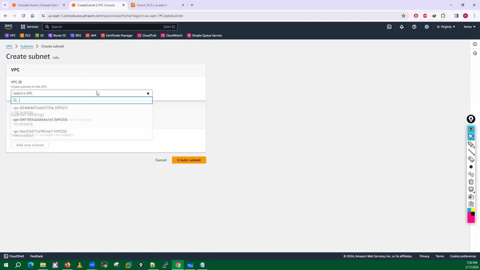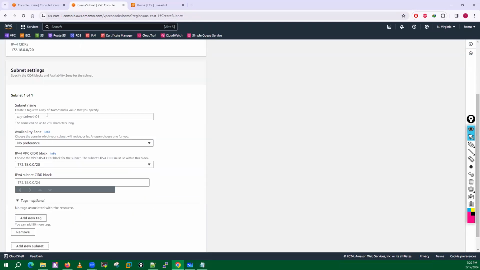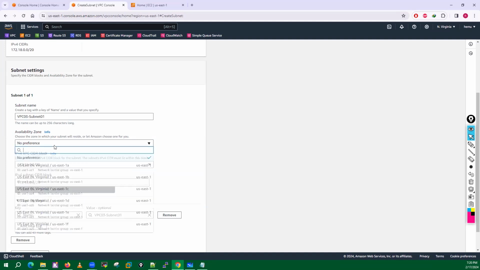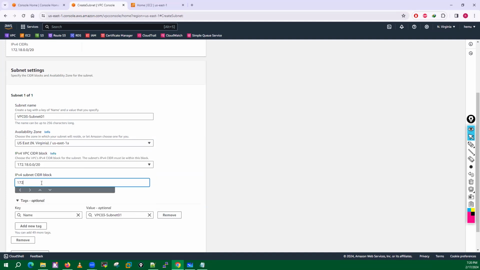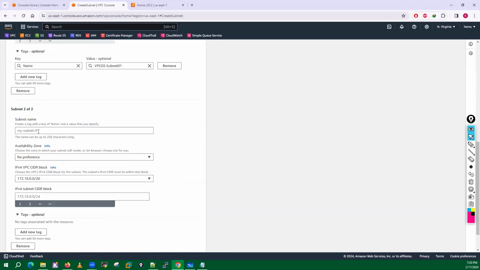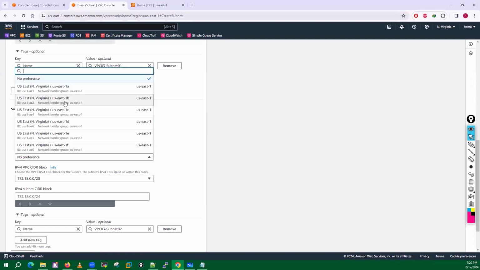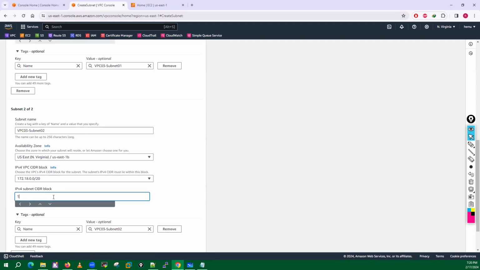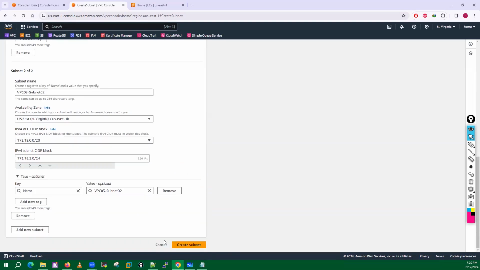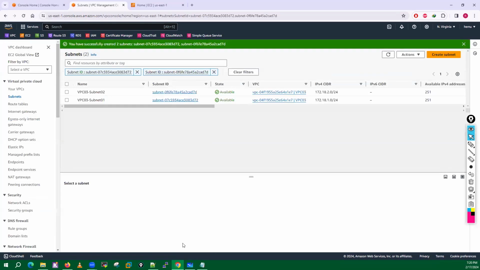Now create two subnets on VPC 03. VPC 03 subnet 01 in 1A, 172.18.1.0/24. VPC 03 subnet 2 in 1B, 172.18.2.0/24. You can select any availability zone, but I'm going with 1A and 1B only, and you can create any subnet, but here I'm just going with the basic setup.